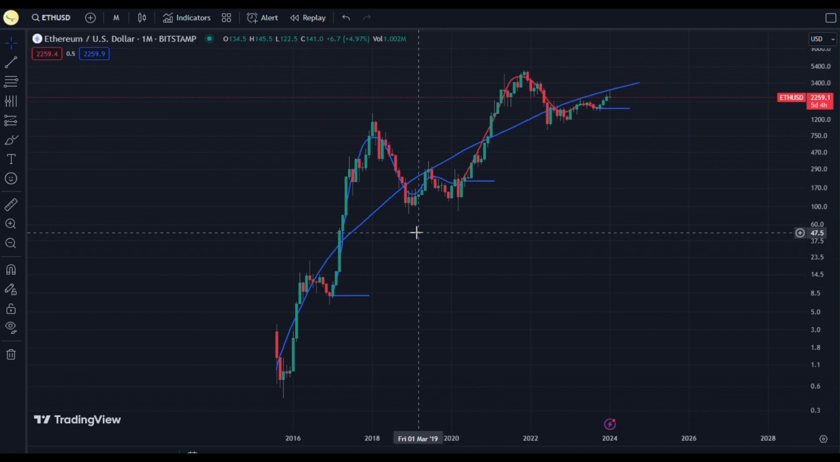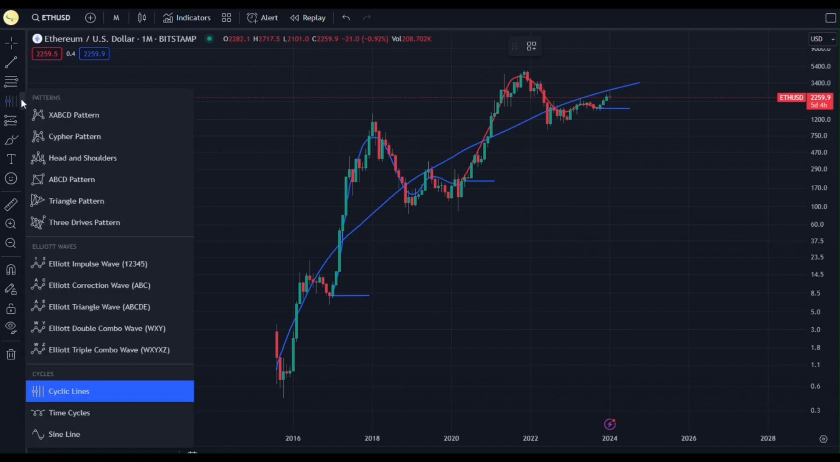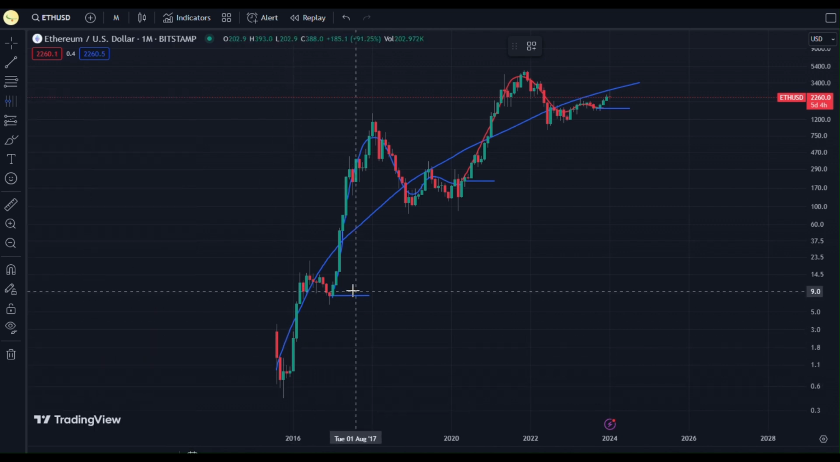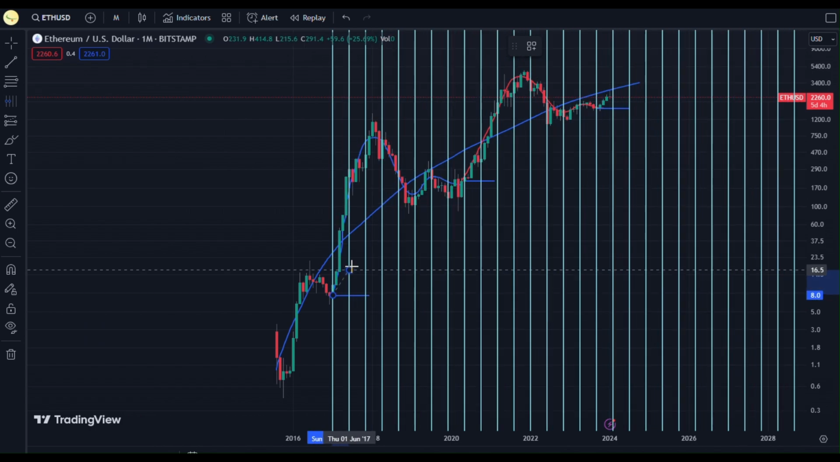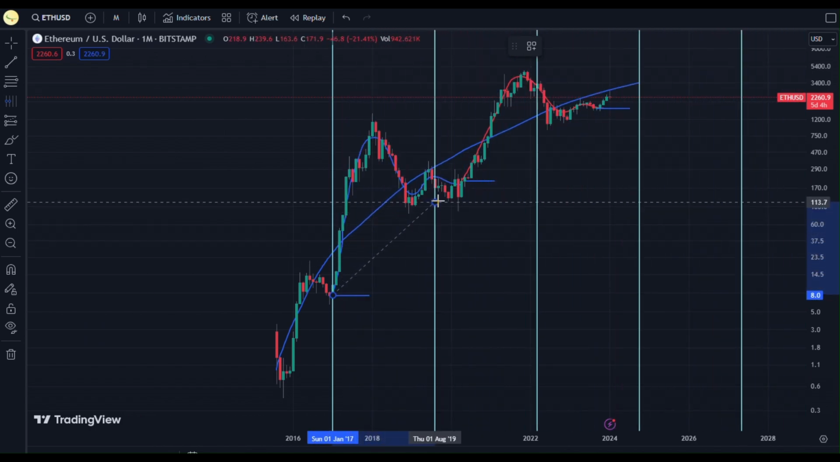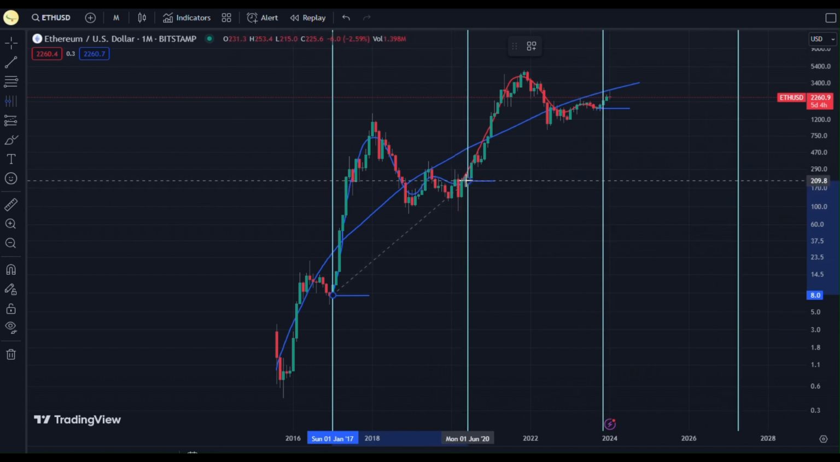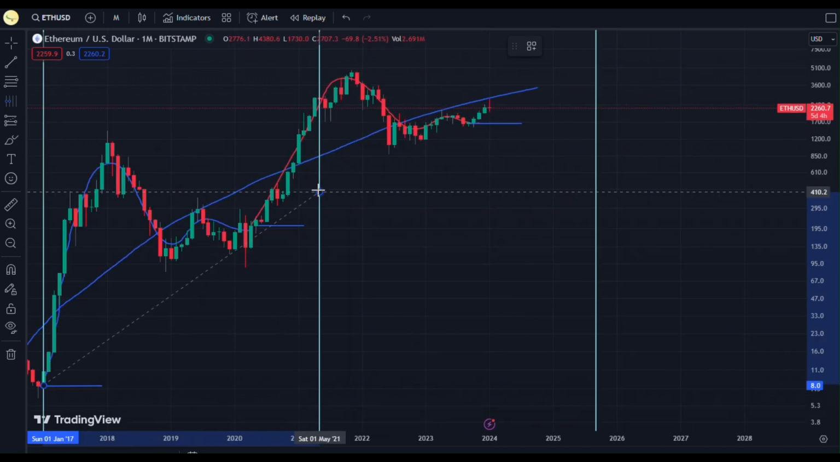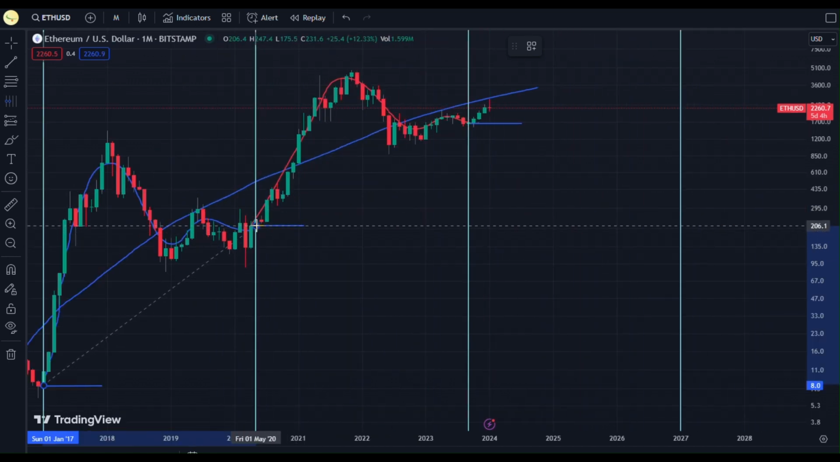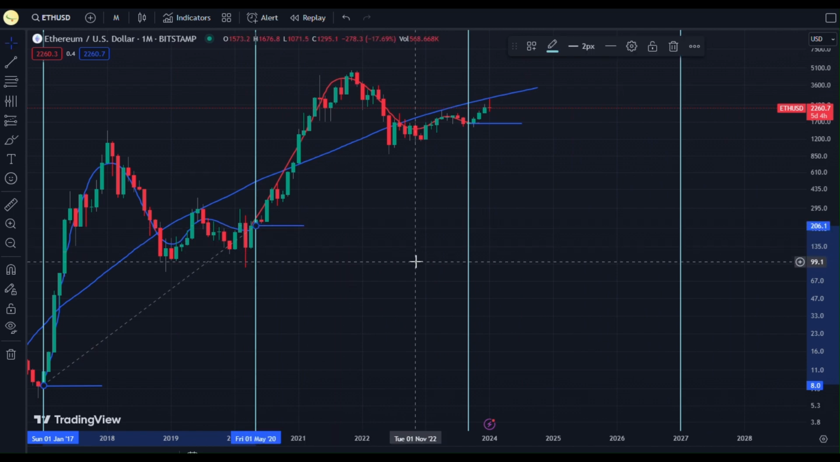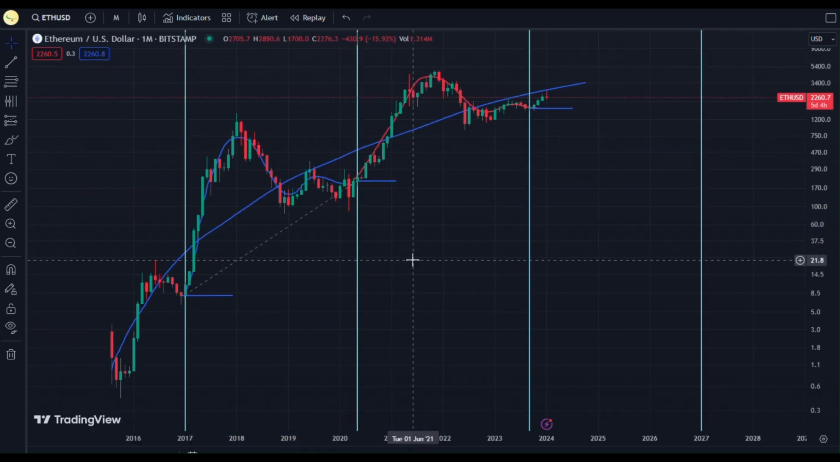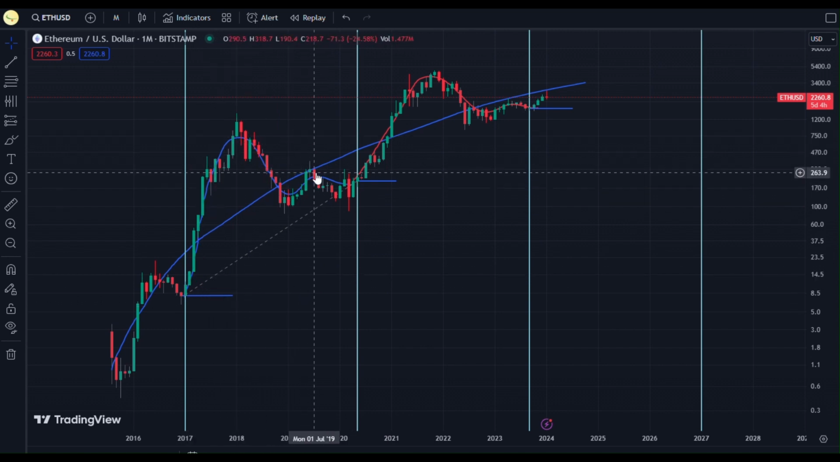To understand the time period, we need to go to these patterns over here. In this pattern we can click cyclic lines so that we'll understand the time period. So we click cyclic lines, and from this point, our next cycle was almost somewhere here. So we'll go to this point. I think we need to zoom in a little bit so that we can place it better. Alright, so we place it, and now as you can see clearly here, we have the first cycle over here, then